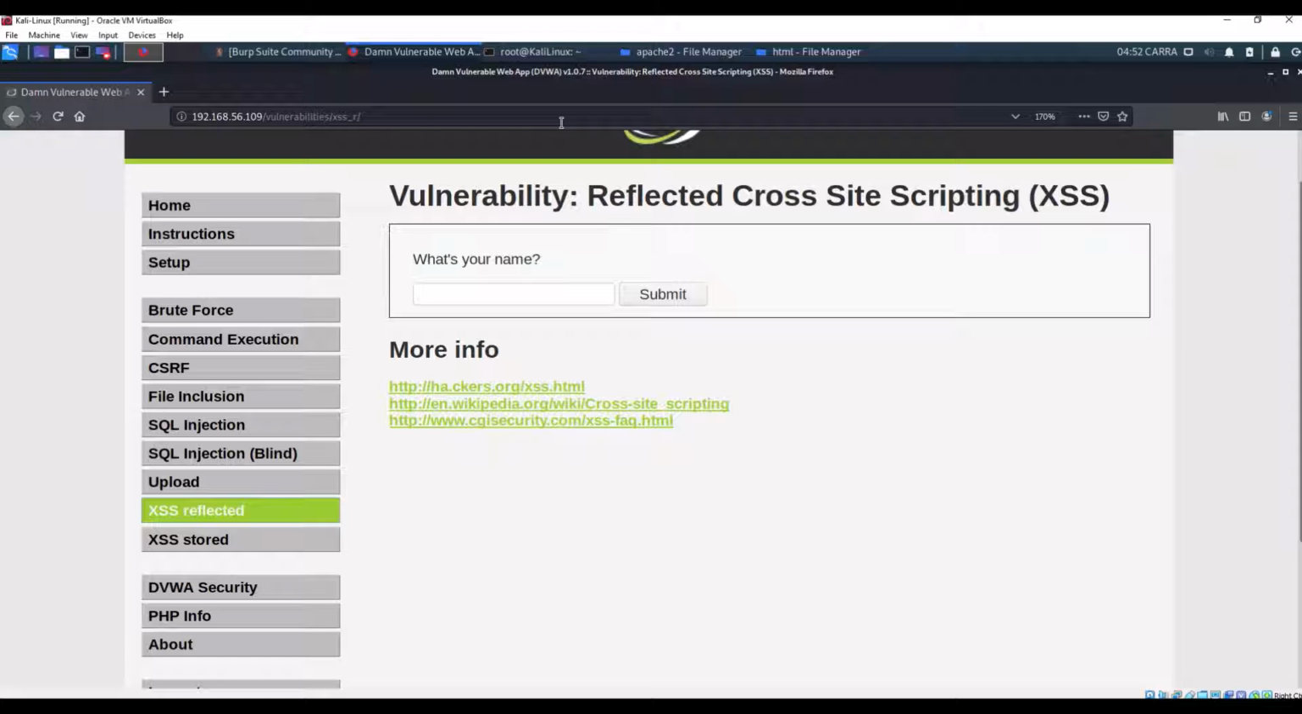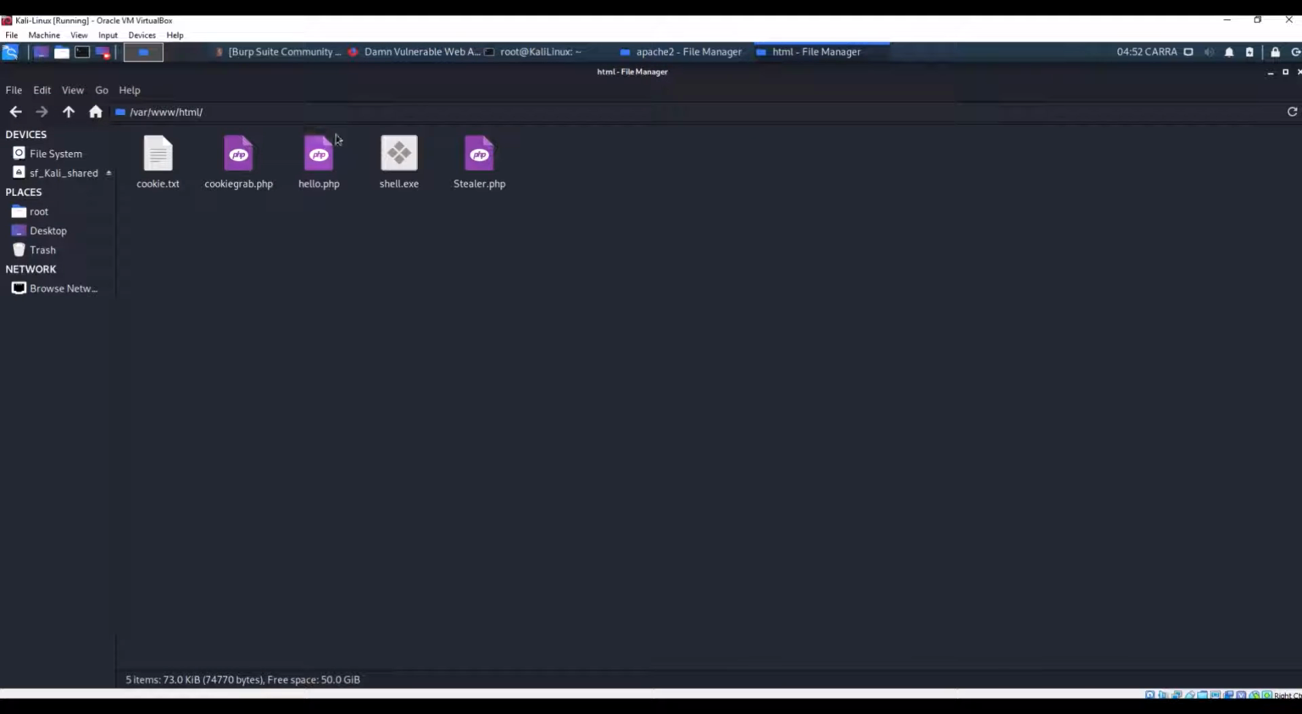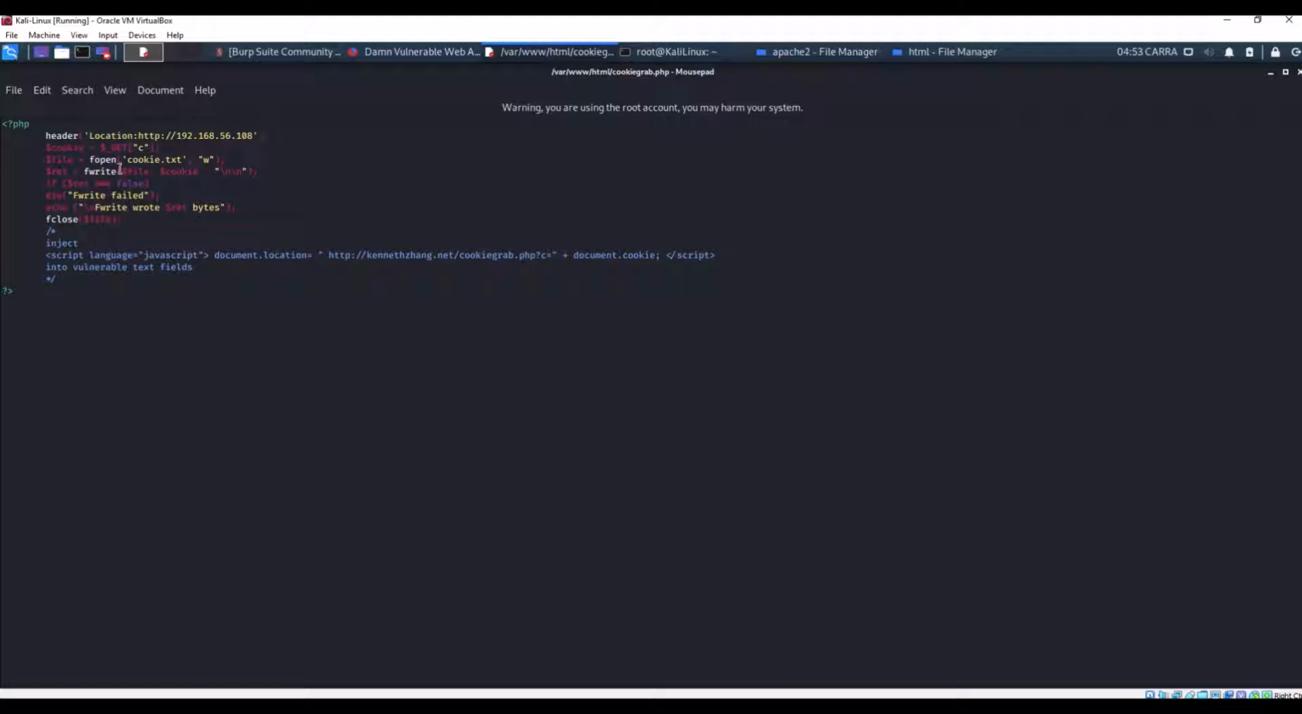So first I will tell you what I have hosted on my server. So this is my server in Kali. I am in this directory, www.html. The code which I have written here is a simple PHP code. I will redirect the attacker to the main page after the script is executed,